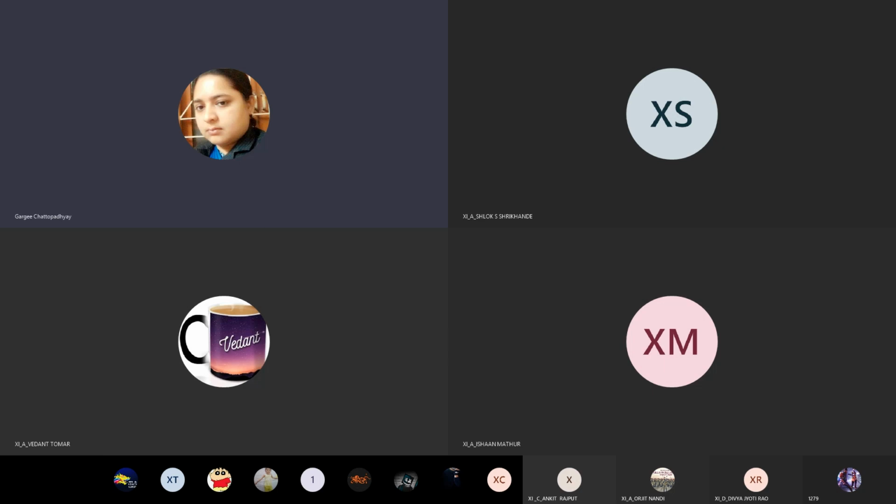So today we are going to discuss primarily mutability and immutability. What is mutability and what is immutability? In Python, some data types are mutable and some data types are immutable.